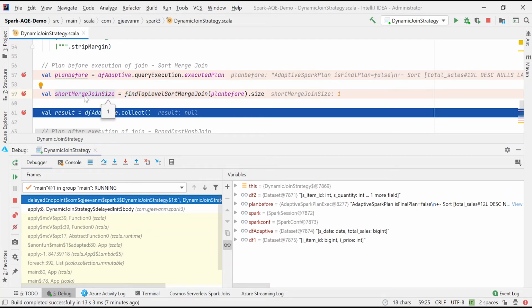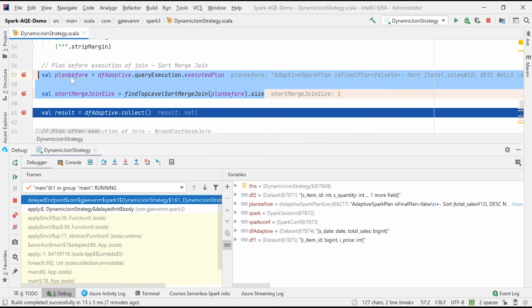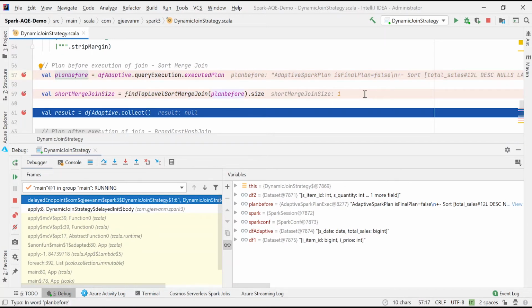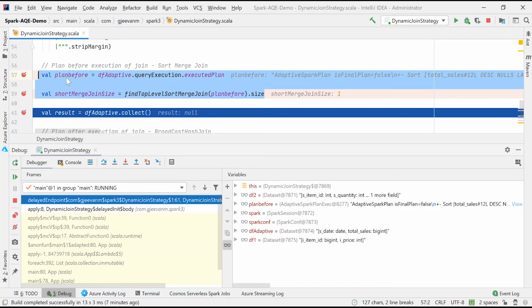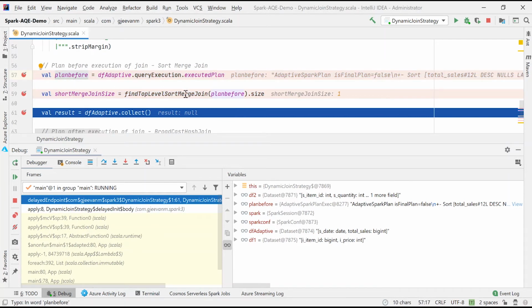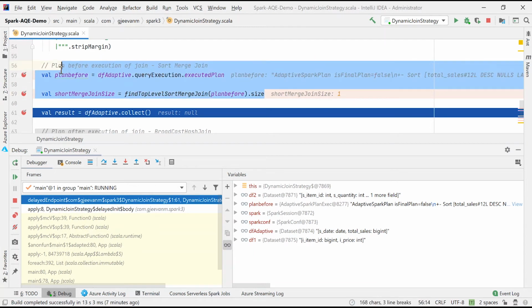That is why the sort merge join size is 1. It's just a statement to print the top tag, what type of join it is. Because my plan before has a sort merge join, this is returning sort merge join as count 1. This has nothing to do with our demo here. I just wanted to showcase that the count got increased because of the sort merge join.